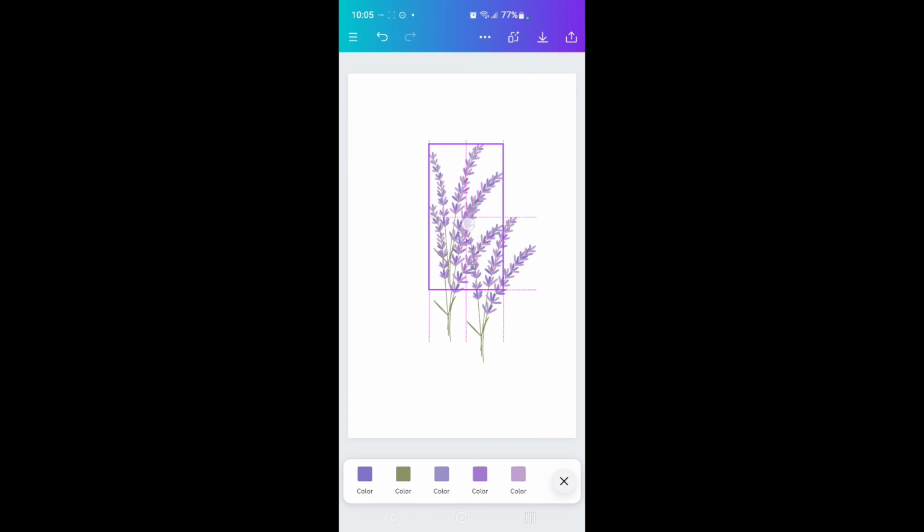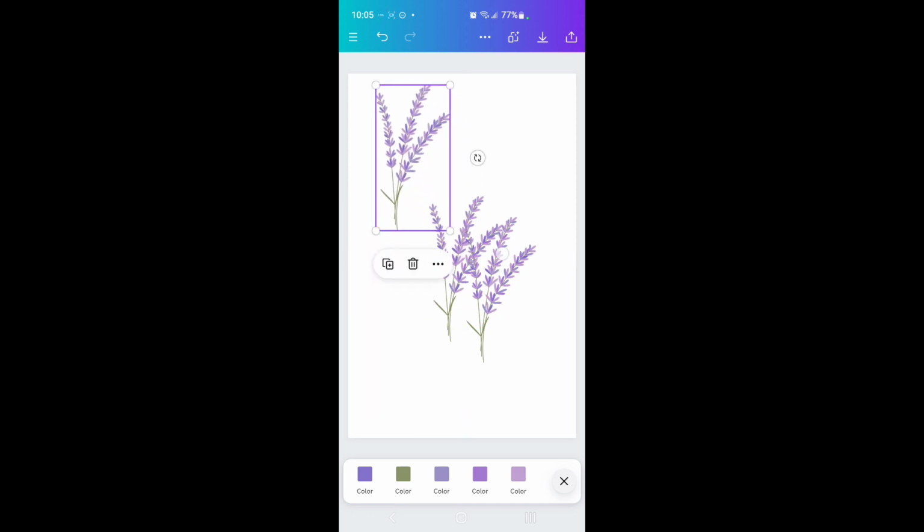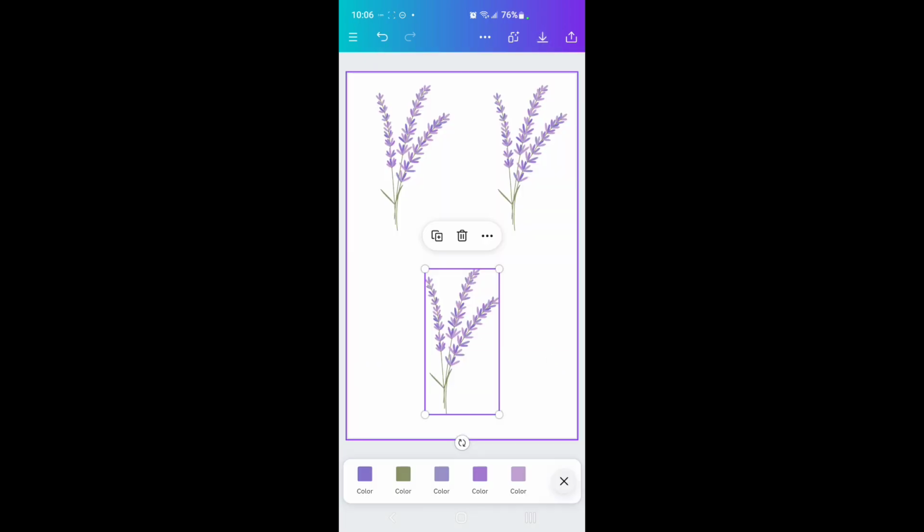If I move it down more, you see the other line going horizontally. It's just saying that I'm dead center of the page. So I'm just going to separate these out. Now I want to show you